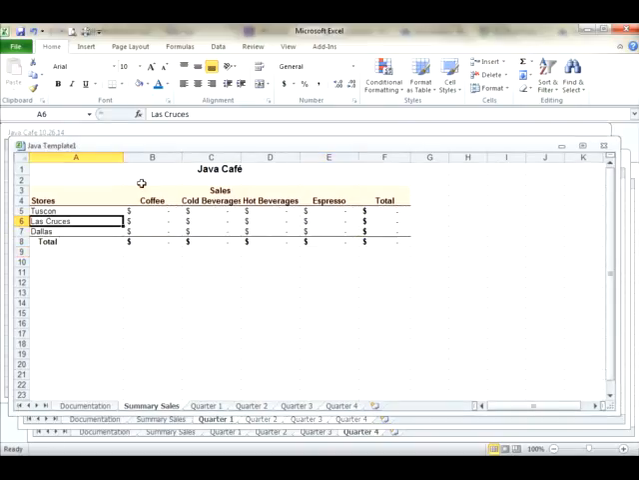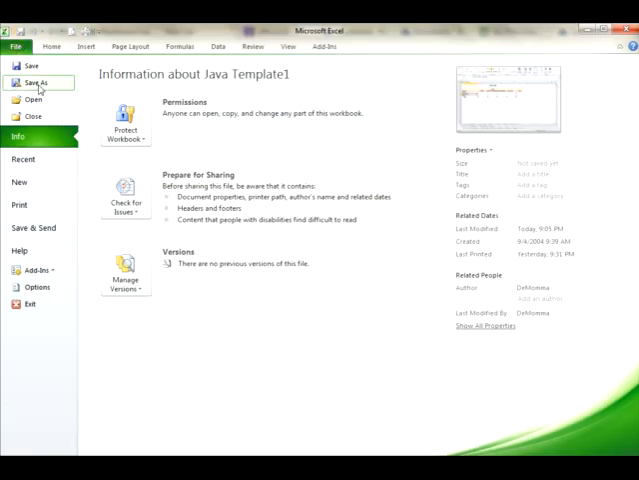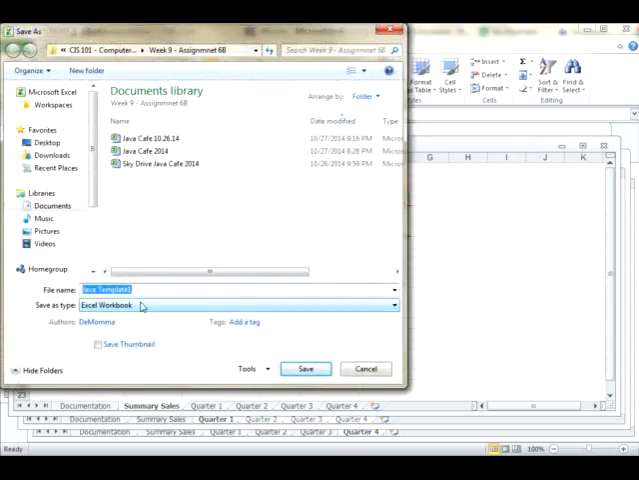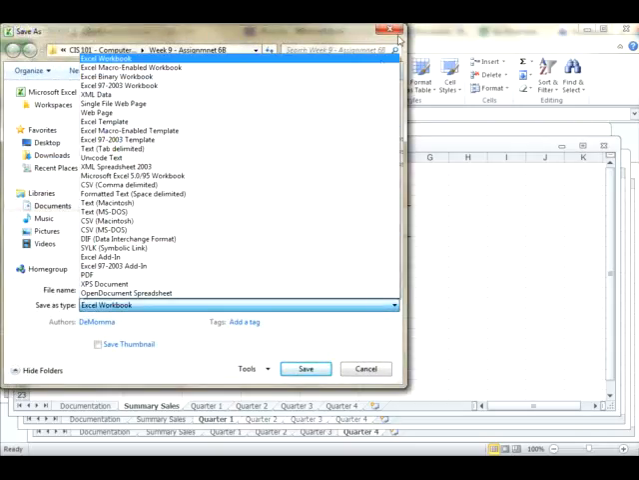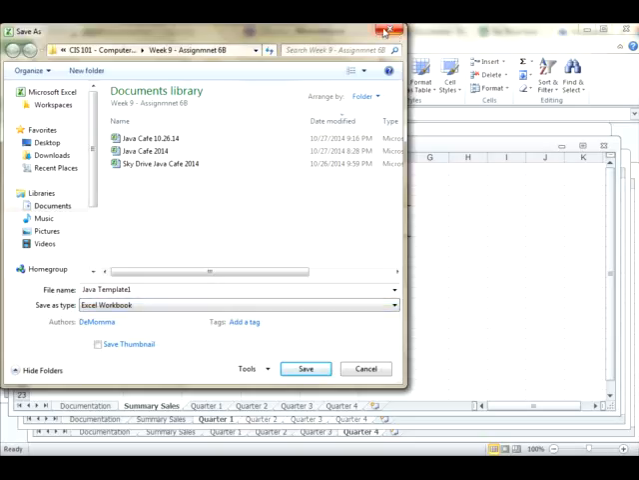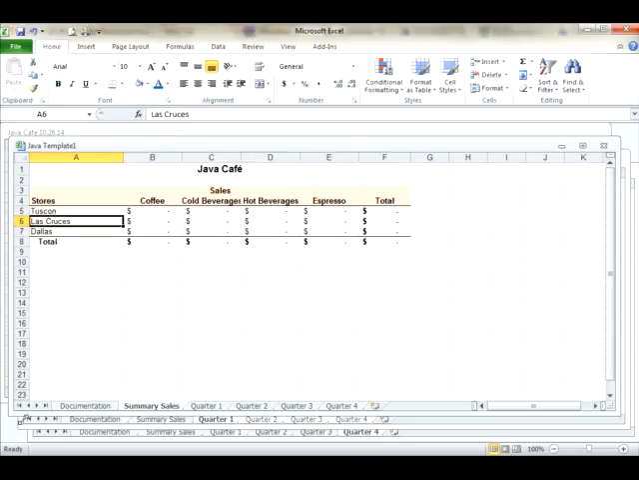I created a template. As you can see, my formulas are denoted here by the minus signs, and to save it I did File, Save As, and I just made sure that I clicked the Save As type file to be an Excel template. Once I did that, I wanted to make sure that all my formulas were working fine,